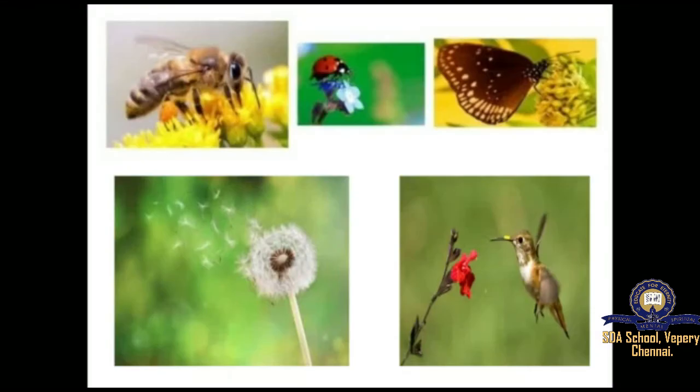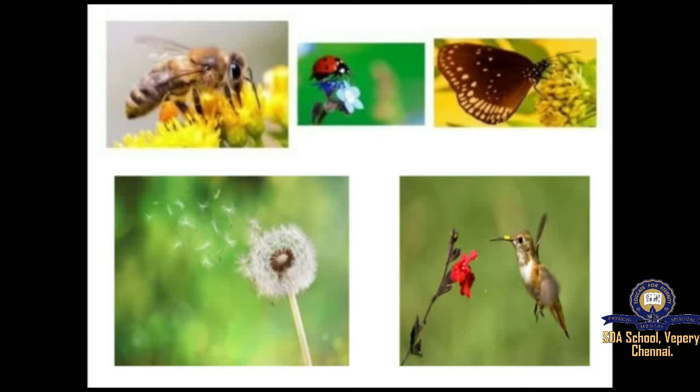Here are some of the ways in which pollen grains can naturally transfer from one flower to another: through insects like bees, bugs, butterflies, then birds, then wind. In some plants like grasses, the pollen grains are very light, right? So the stamens shed pollen grains and they are carried by wind to the other flower. Then insects and birds are also agents of pollination.